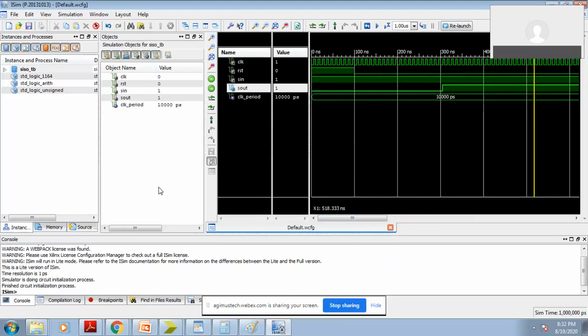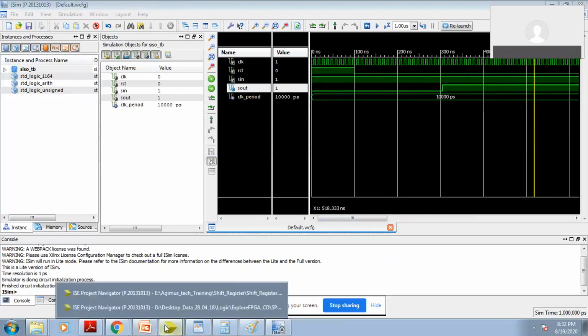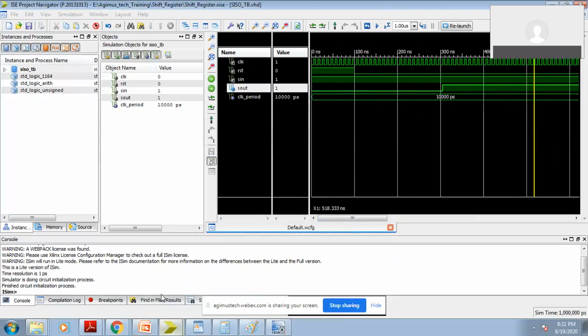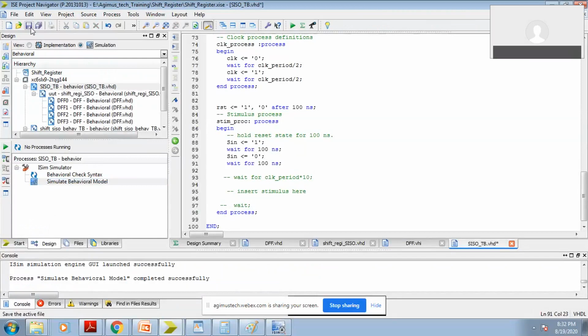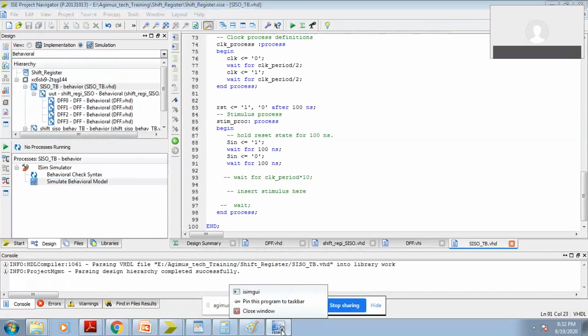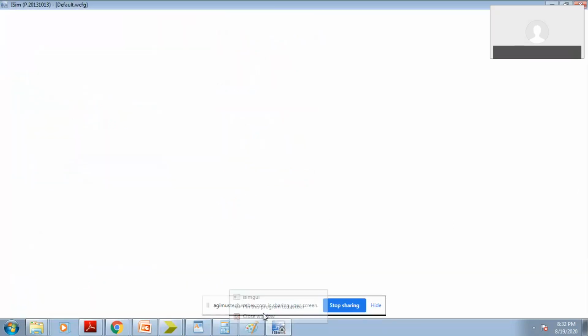Okay, I have not kept the wait in my test bench. Now I just wait for 100 nanoseconds again, and then it's going to work properly. So there is a mistake in my test bench.